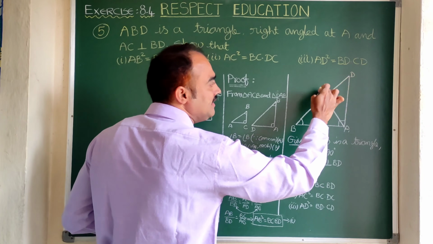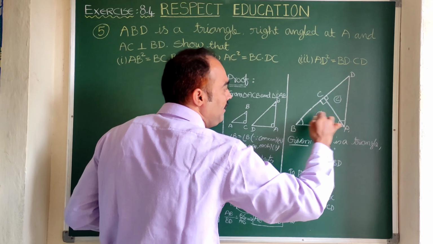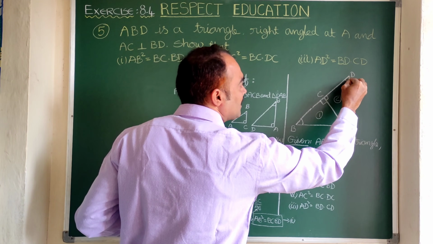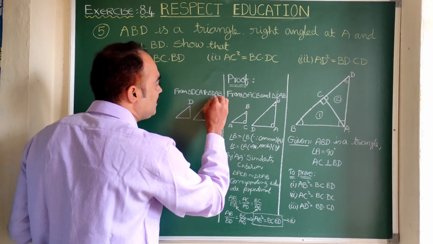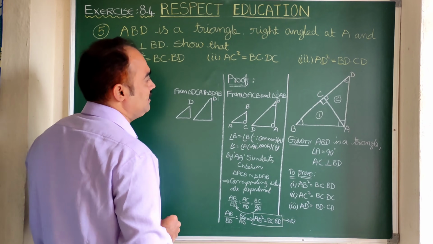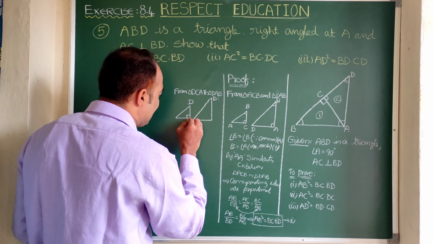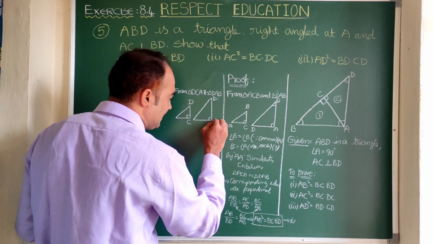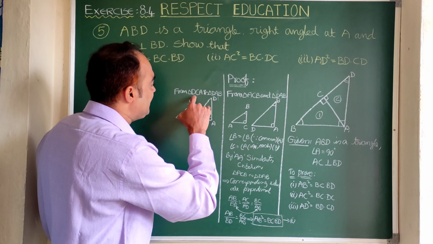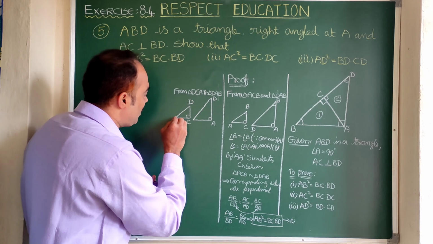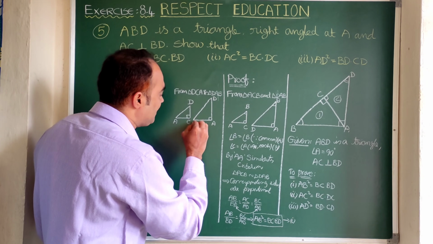The second son is DCA. Just imagine you are moving along DCA, and then DAB. Observe carefully, you are covering angle D completely both times. So here angle D is common, and I am giving this place for D. Now in the second triangle, angle C is 90 degrees, whereas in the bigger triangle, angle A is 90 degrees. Now for the leftover letters: in DC, with A given, A is left, so I complete this with A. In DAB, with D and A given, B is left, so I write B.